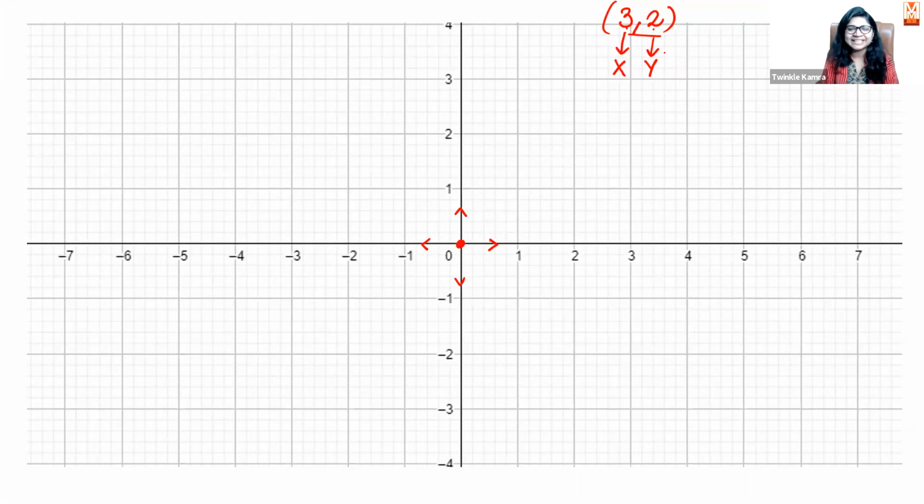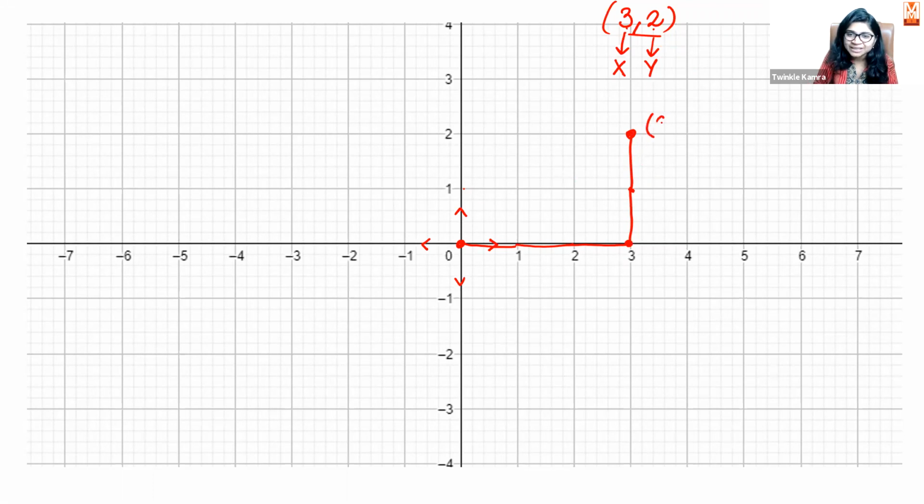Let's take an example like it is 3, 2. So I see here 3 steps along the x-axis, right? So let's move from here. This is 1 step. I reached 1 step, 2, then 3. All right, so 3 steps covered. Great. Now 2 steps along the y-axis. That means upward direction, vertically up, and it is positive. So I move up 1 step and 2 steps. For reference, you see here, I have covered 1 step here and then 2 steps here.